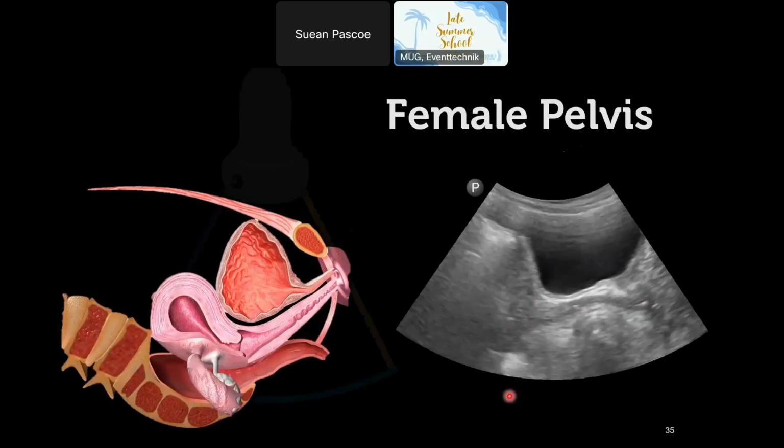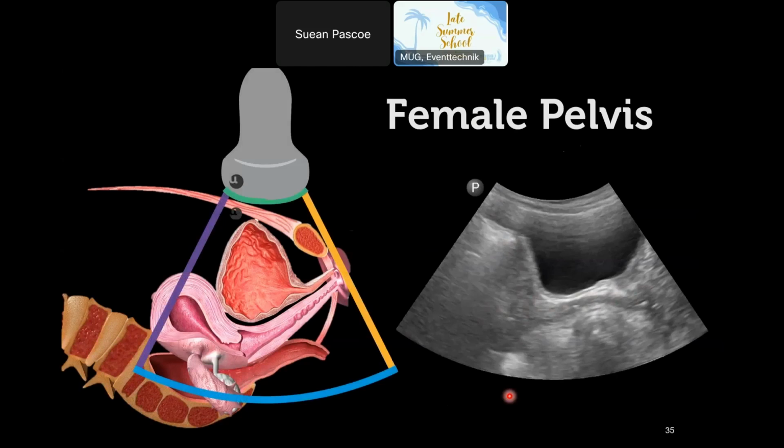And so what we're going to do is we're going to put our probe on the patient in the longitudinal orientation, probe marker to the head. We're putting it on their tummy. We're going to drag the probe down until it bumps against the symphysis pubis, and then directly towards the floor,